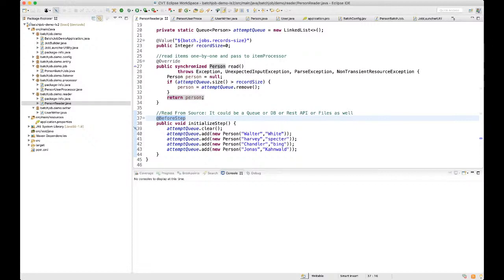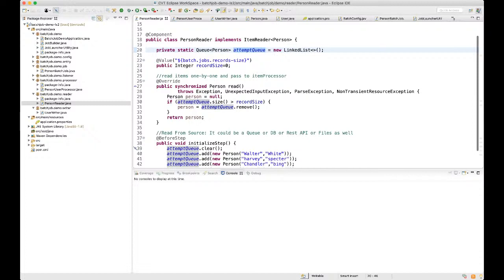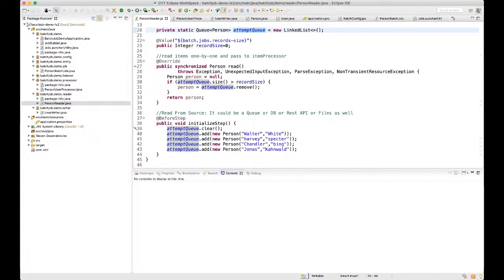It could be a DB, a queue, a REST API or any file. From wherever we want to read our data, we would read it here before the initialization of the step. Here we have a queue of persons, and we have 4 persons: Walter White, Harvey Specter, Chandler, and Jonas. These are the 4 persons we have added to the queue.